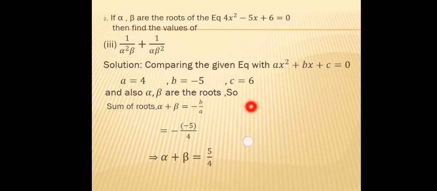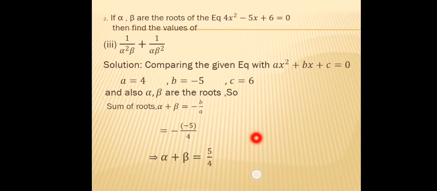Students, in order to evaluate this particular symmetric function or any symmetric function, we will be given a quadratic equation and we will find the sum and the product of roots of the given quadratic equation, and those values of sum and product of roots will be used to evaluate the given symmetric function. So this alpha plus beta will be put in the simplified form of the given symmetric function, but first we will simplify it.